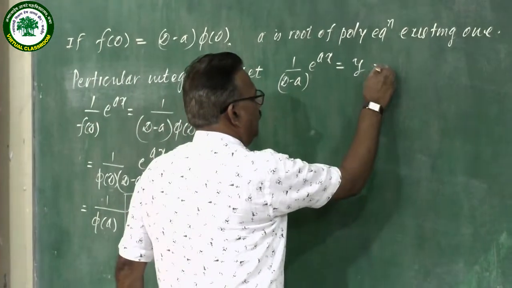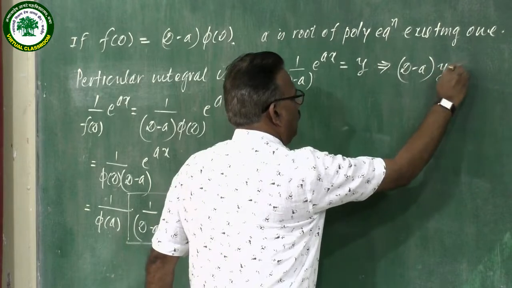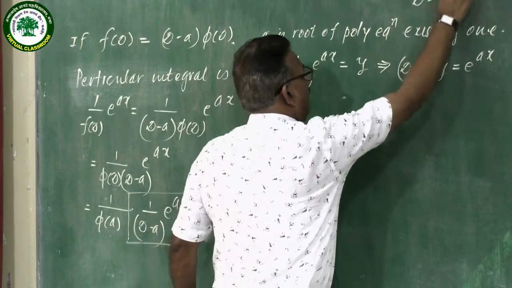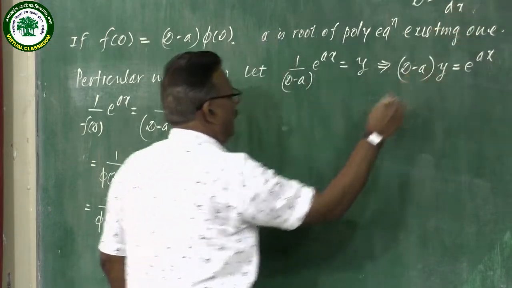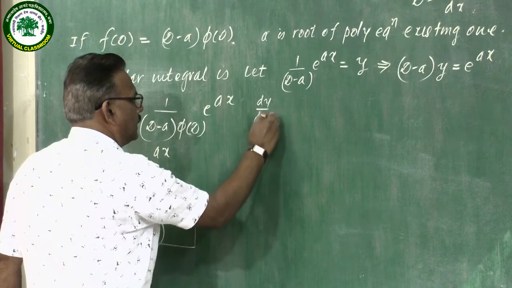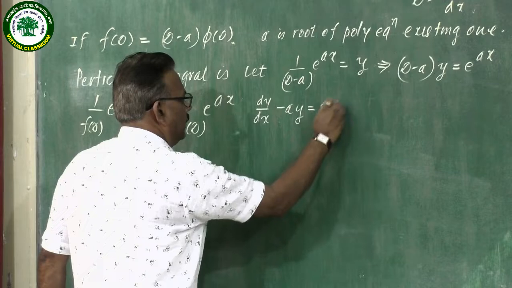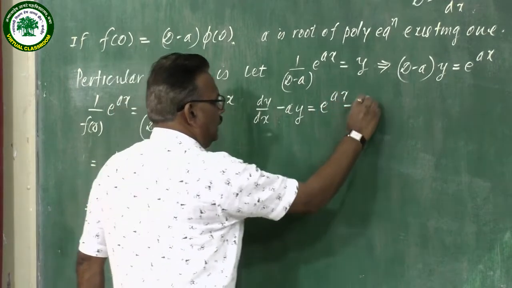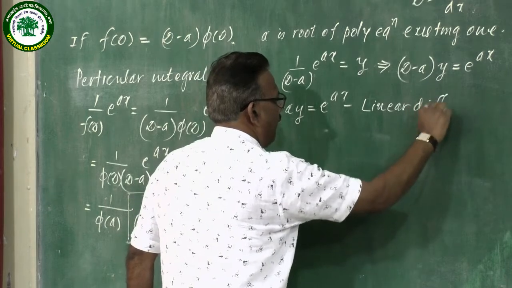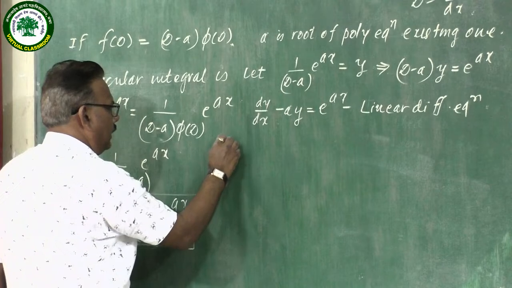This implies that (D − a)y = e^x. If D = d/dx, then what will happen here? dy/dx − ay = e^x. This is a linear differential equation, and its solution is, therefore,